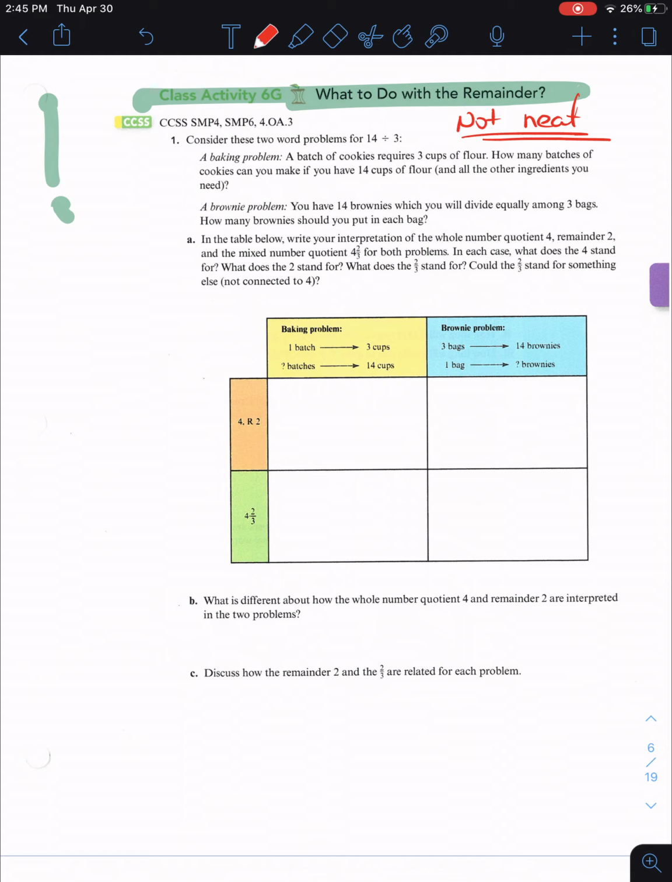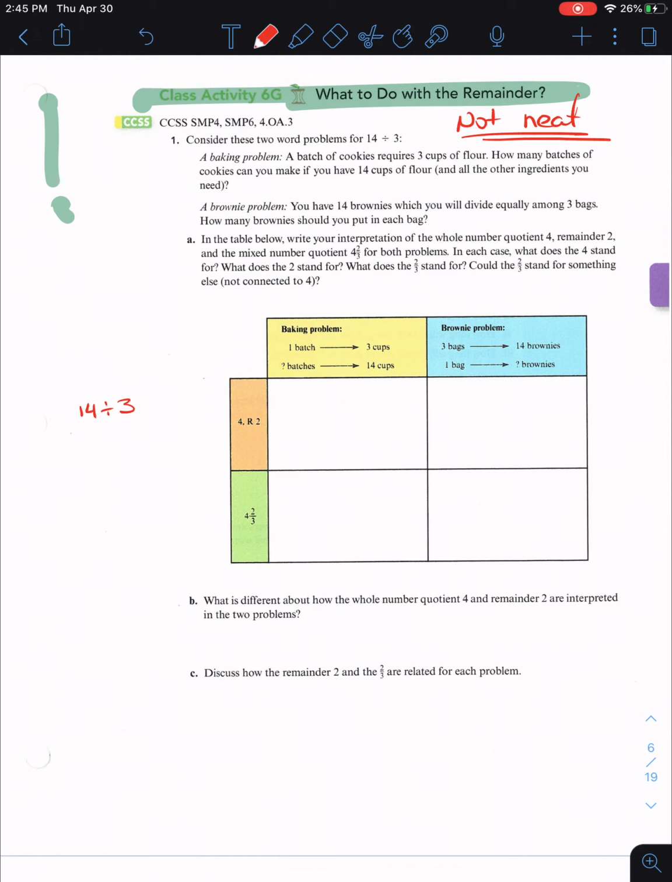A baking problem. A batch of cookies requires 3 cups of flour. How many batches of cookies can you make if you have 14 cups of flour and all the other ingredients? So it is a 14 divided by 3 kind of problem, and each batch of cookies requires 3 cups of flour. So what's going to happen? You would make 4 batches, right? If you made 4 batches, you would use 12 cups of flour,